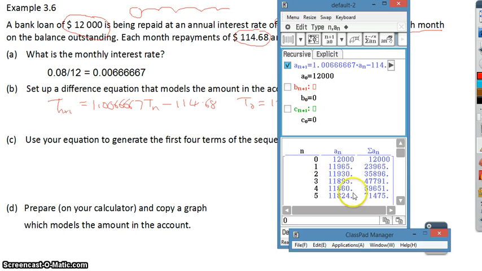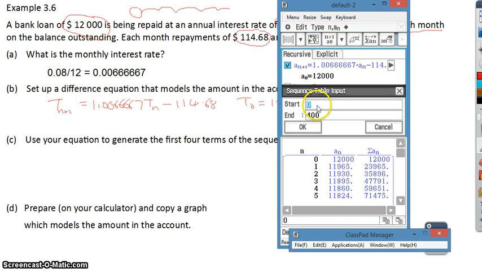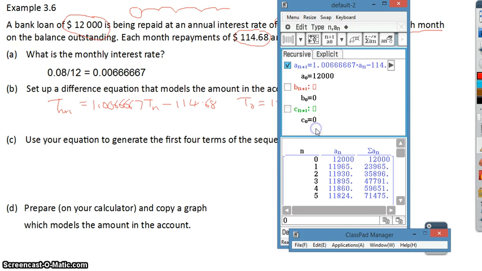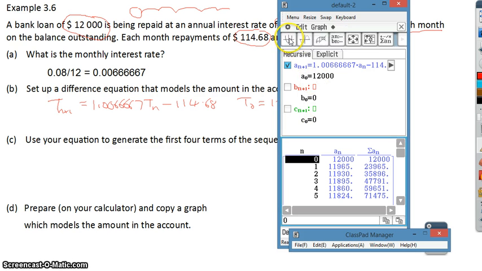Now, to see this in the table down here, go to your XY here. I'd start at 0, and I probably don't need to go that high. Maybe 200 payments will do. We'll have a look and see. And then click on that, it generates the table of values. So, first four terms, I start with 12,000, and you can see here's the first one, second one, third one,